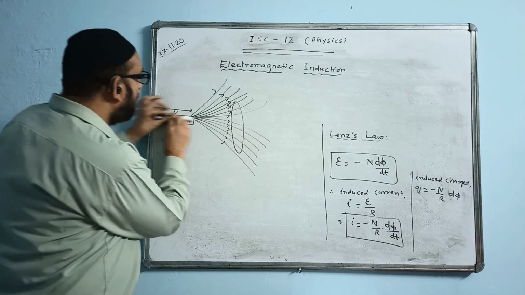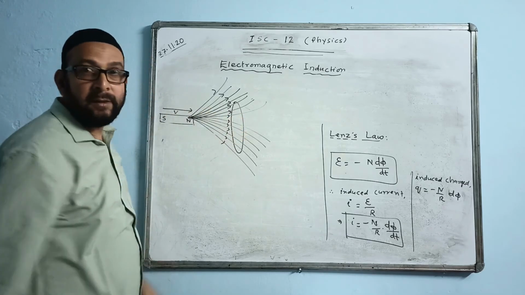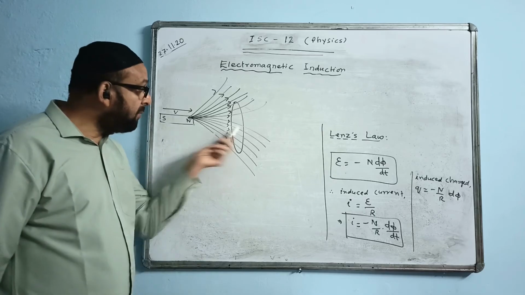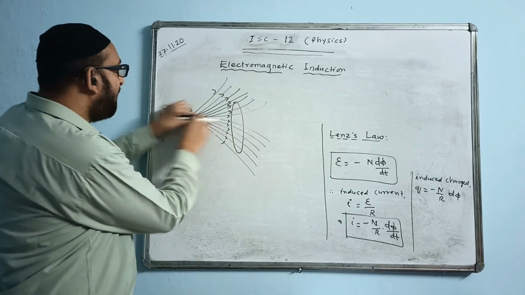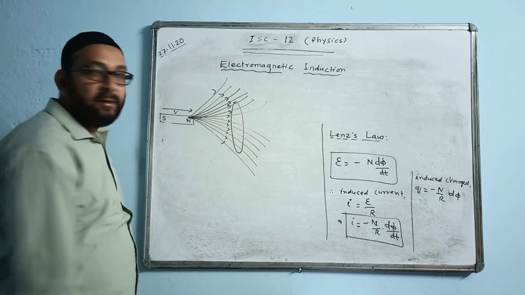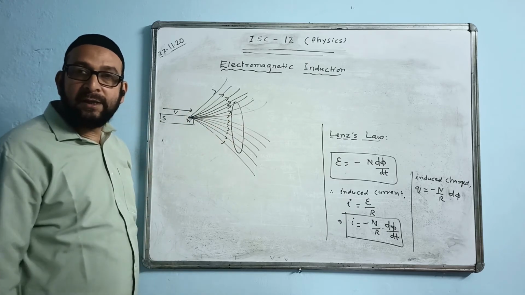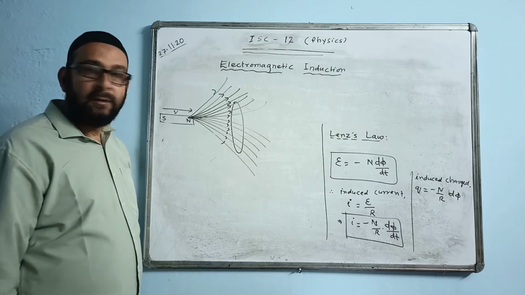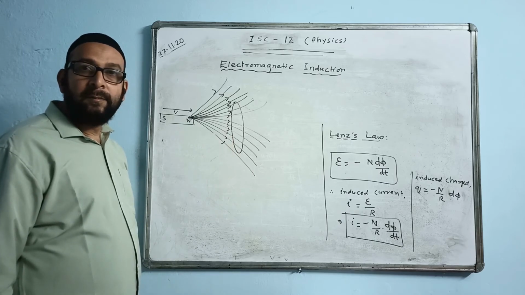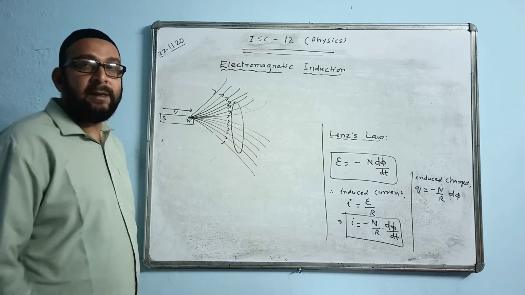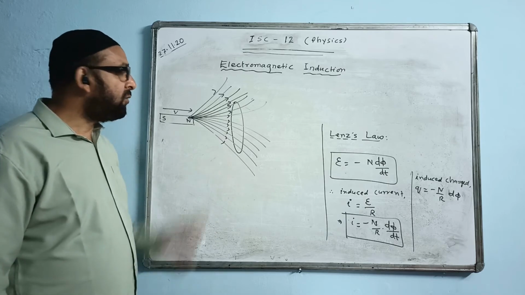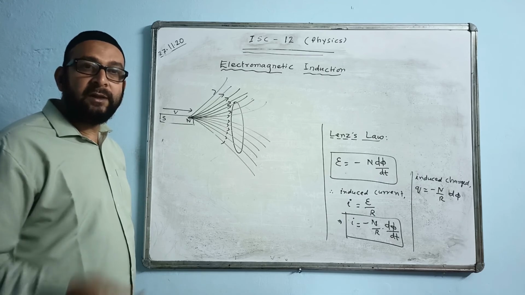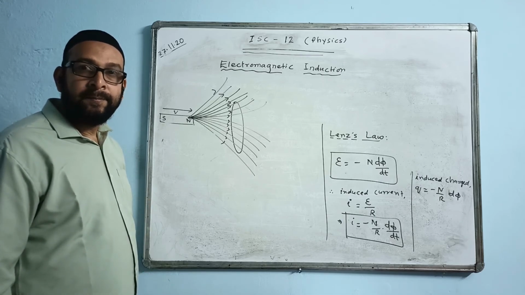Now, when you move it closer, more and more lines will pass. Then there is a change from that level. Magnetic flux is changing. Then only there will be current. If you take it away this side, then the number will decrease, so again there is a change. Either in an increasing or decreasing way, there is a change. So there will be induced current in the coil. As long as there is a change in the magnetic flux passing through or linked with the coil, there will be induced EMF, and induced EMF will generate a current, which is called induced current.